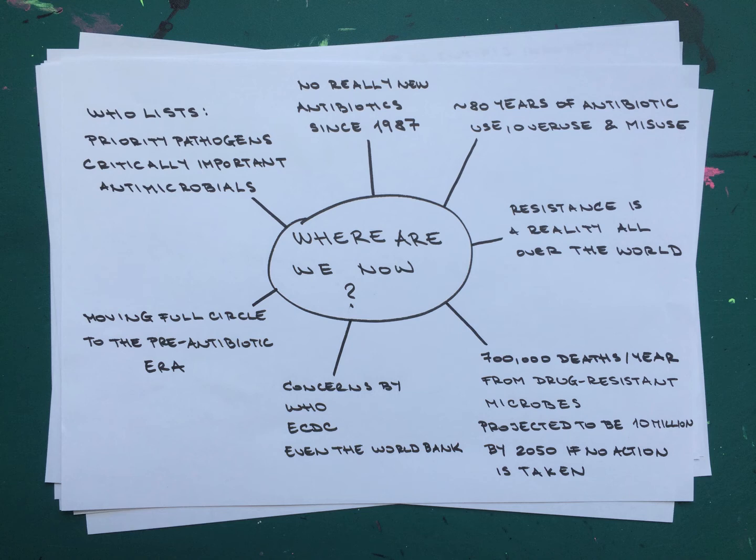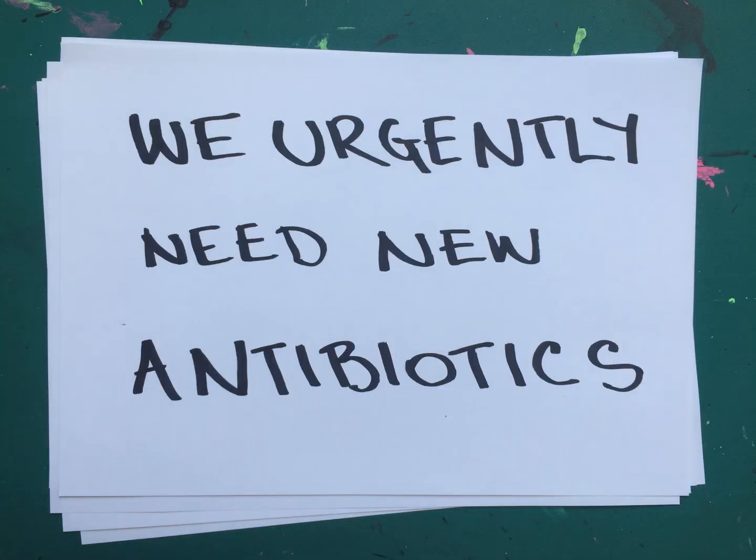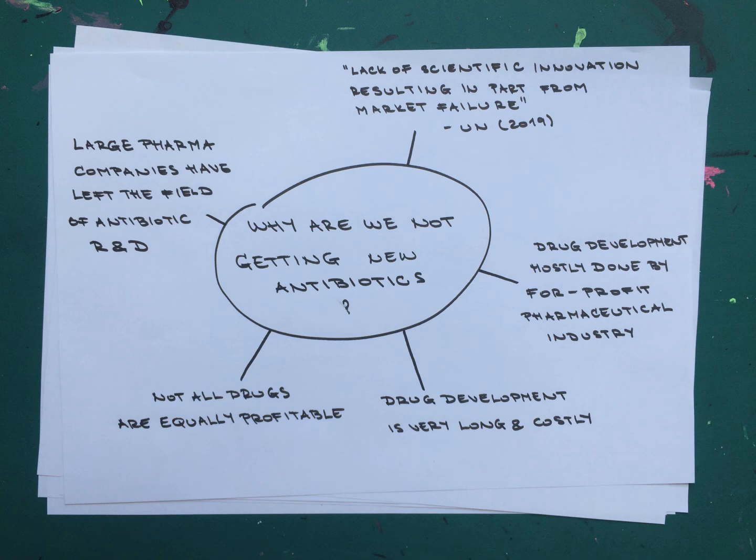And so we urgently need new antibiotics, because no matter how well we treat our waste, how well we ration our antibiotics, how carefully we take all 10 days of our antibiotic course, if we stop using them to feed our cows, we still need new antibiotics because the bacteria keep running and they're catching up. So why are we not getting these new antibiotics then? If we need them and if we know that we need them, why are we not getting them?